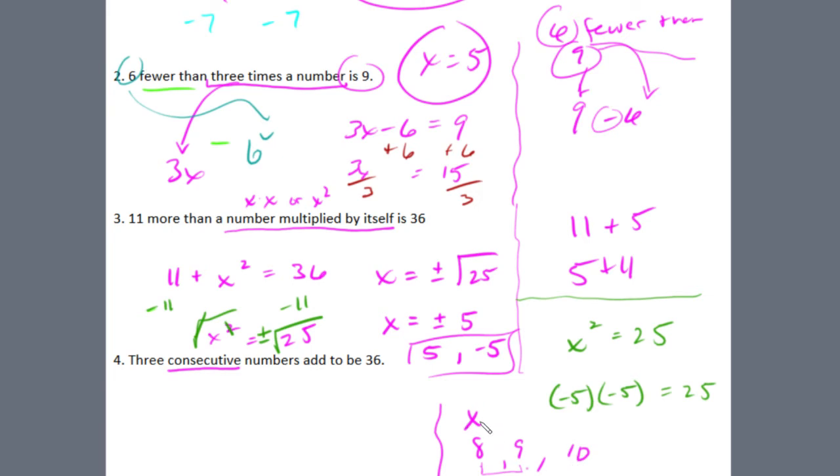So if you start with x instead of like a number 8, then x plus 1 is your next number, and then x plus 2 is your next number after that, right? So this is just tying together this idea of consecutive numbers. If you added 1, that would be the next number. If you added another, that would be your next number, right? So all of these add to be 36. So we're going to use this string right here. x plus x plus 1 plus x plus 2